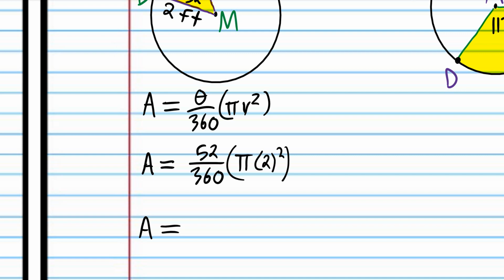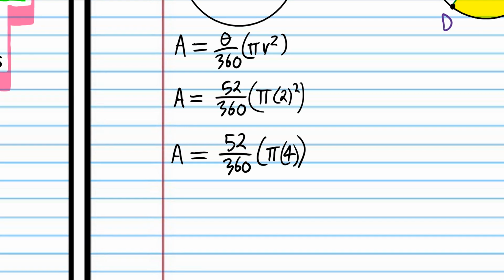So 52 in your calculator, then divided by 360 equals. Then times the pi button, you must use the pi button, equals. Then you're going to push times again, 4 times 4, because 2 squared is 4, and then equals. And then you should get your answer. And by the way, I'm going to write an extra step there just so you can see that we changed that 2 squared to 4. I probably don't need to do that, but just for your sake. So when I do all that, I come up with